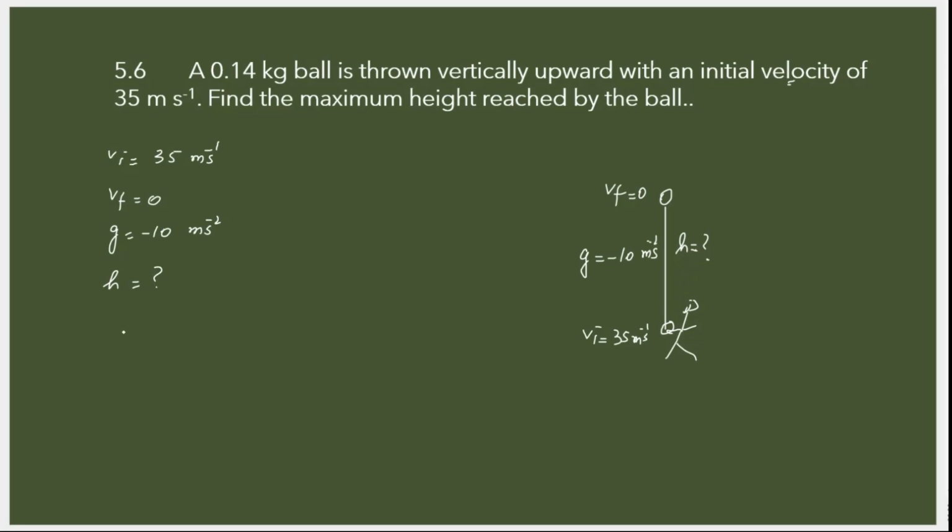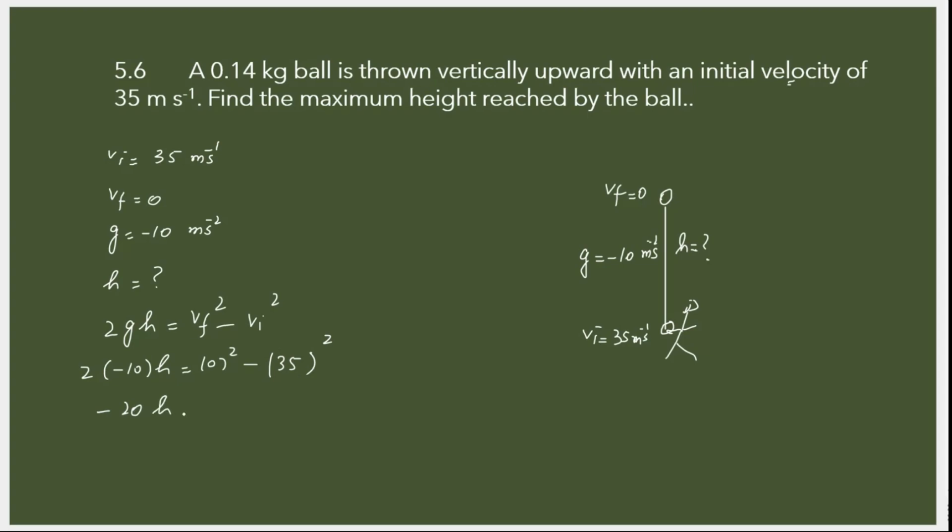From the data we see that we will have to use the third equation of motion, which is 2gh is equal to vf squared minus vi squared. Putting the values, the value of g is negative 10 and height we have to calculate. The final velocity is 0 and the initial velocity was 35. So it will be equal to negative 20